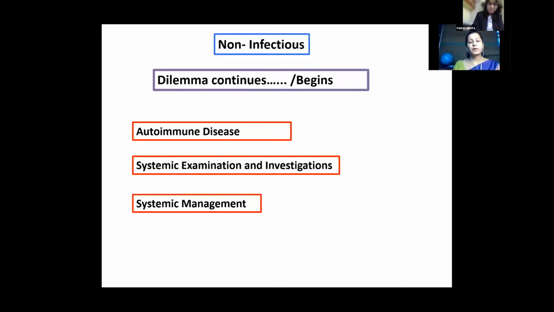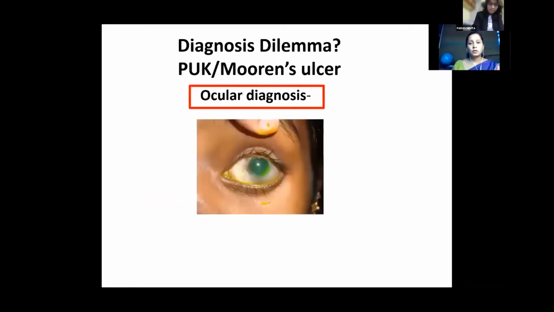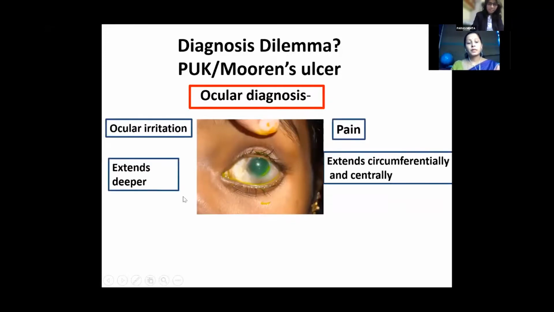For an ophthalmologist, when you see a peripheral ulcerative keratitis, the most important thing is to differentiate whether it is because of autoimmune diseases or collagen vascular disease, or Mooren's ulcer. Because Mooren's ulcer is not associated with any of these and requires more of an ocular management. So differentiating it from Mooren's ulcer would be by signs like pain, which is much more severe in Mooren's ulcer. The ulcer extends deeper in case of PUK and perforates faster, whereas in Mooren's ulcer it extends circumferentially and centrally before it extends deeper and